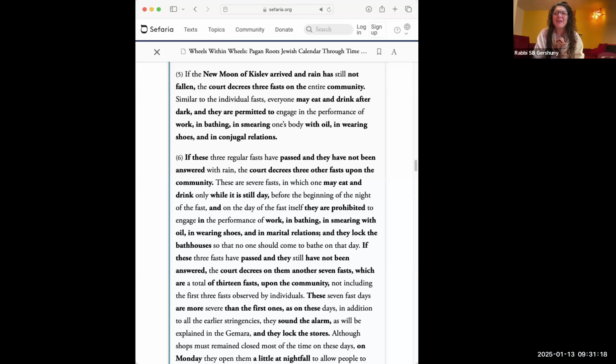And indeed, the problems with the signal fires were that you could only spread the news a certain distance, which is why we have this idea of having 2 days of Chag in the diaspora, far enough away. They weren't sure that they were getting the message in time. If you just let people observe the moon for themselves, you would not have this problem. However,